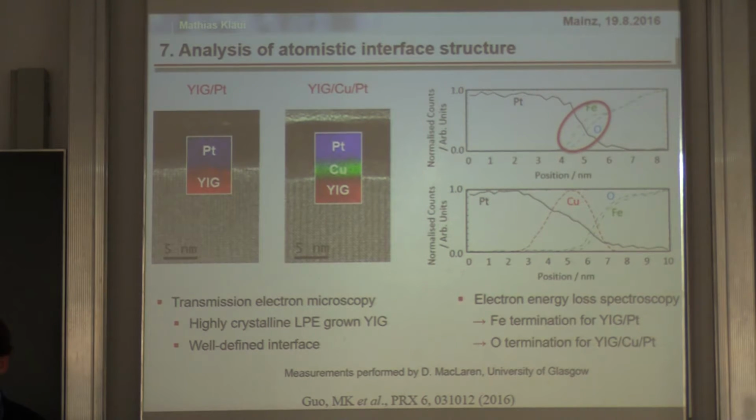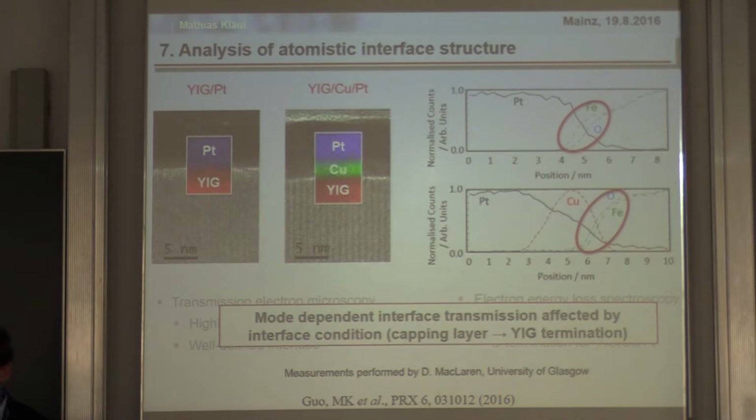And this, of course, now can also explain why, if we put copper platinum or copper tungsten, we get the same temperature dependence, because it's really the copper at the interface that changes the interface structure with the YIG. And the transmission of the spin currents, of course, depends on how the interface termination looks like. So this is something that I was very surprised by, but it makes sense in the end. So there is an interface-dependent transmission of the spin current across the interface, and really the capping layer influences the